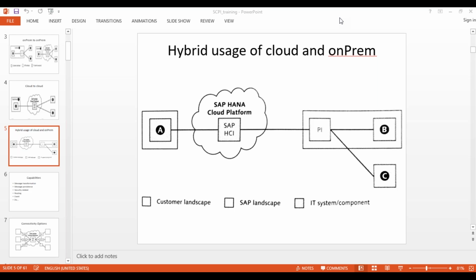No, actually I'm asking in terms of PI only, in the hybrid usage model, when you are connecting HCI to PI or PI to HCI, what type of communication or protocol do we use? That's what I'm saying, it depends on the data. If you're sending mail communication, then it is SMTP or secure SSL. It depends on the data and the system that we will send it to. You have to see what type of communication.